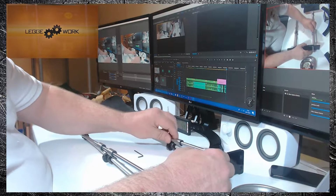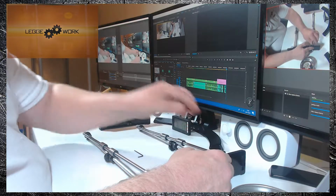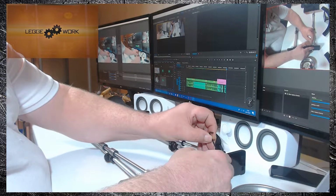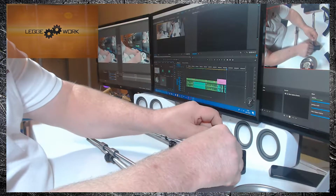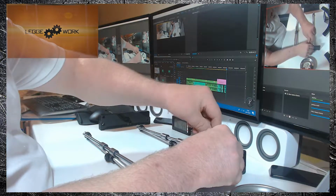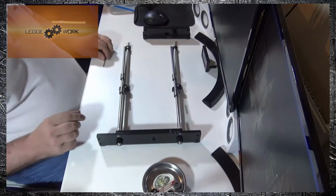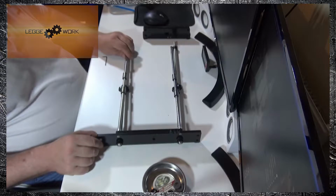So push it through, move it back level, move up the locking ring, and tighten in place. Okay, so that's the front side done. Now,